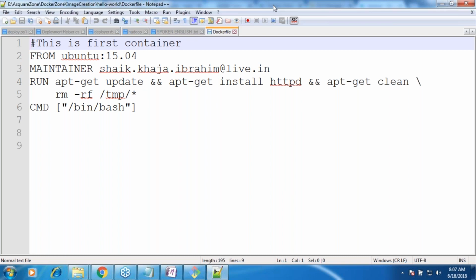Is it visible to everyone, right? So I've used something called FROM. Forget about it. MAINTAINER, that is my name. And there is some RUN. And in RUN, what is happening? Plain Linux commands. Are you using any programming in here?